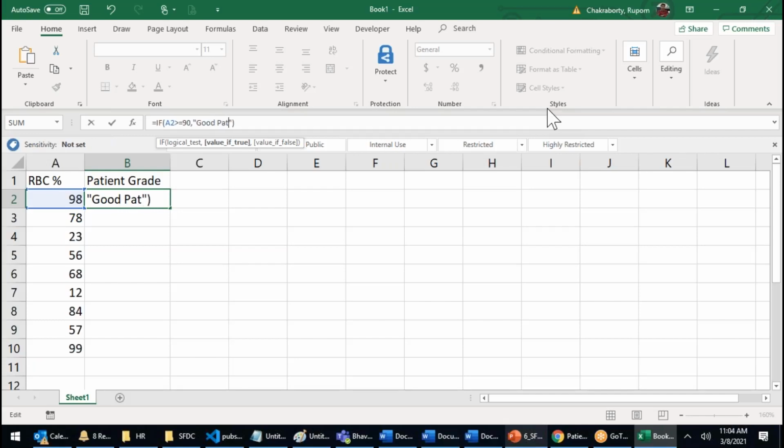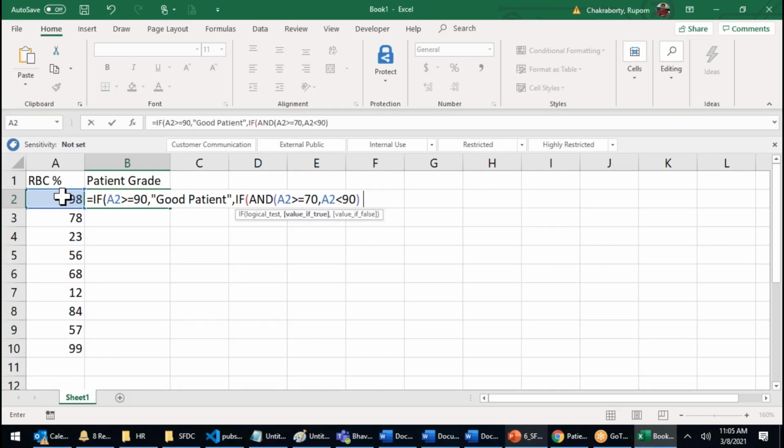If this, else IF, and, because now we have two conditions, this is greater than or equal to 70, comma, this RBC percentage is less than 90, bracket close,